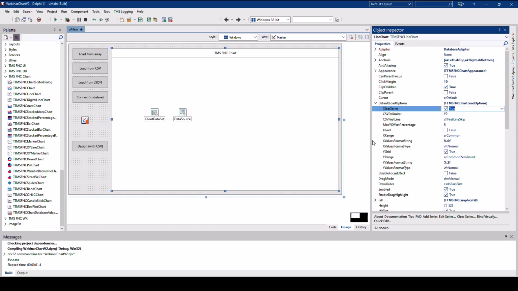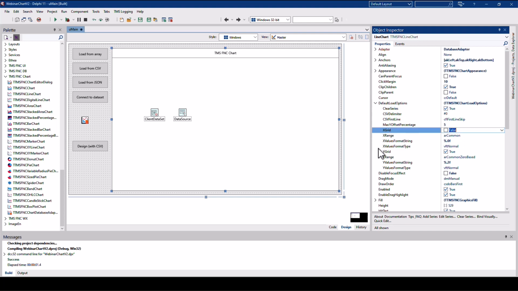First, ClearSeries means that all series of the chart are being cleared before the data is being read from the data source, no matter what data source it is. And let me emphasize this, DefaultLoadOptions is being used whenever you load data. It is being used for arrays, comma separated files, JSON. This is the basic set of options that's being used. As long as you don't specify something yourself, DefaultLoadOptions is being used.